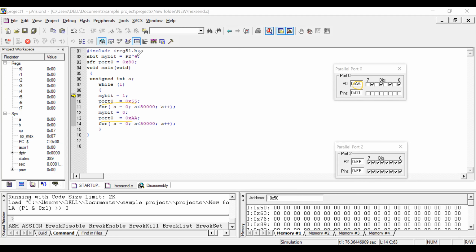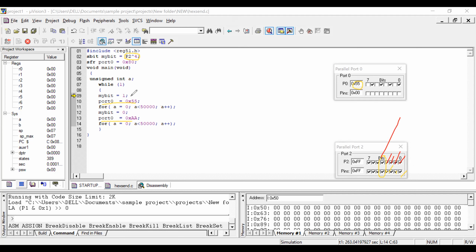And the port pin 2.4, here 2.4, this is 0, 1, 2, 3, 4. The fourth pin is toggled, continuously.